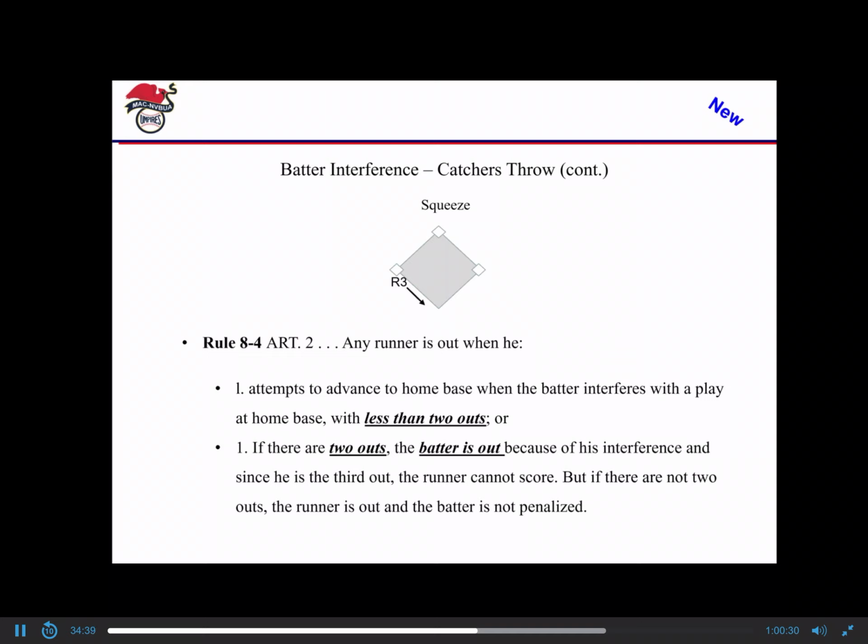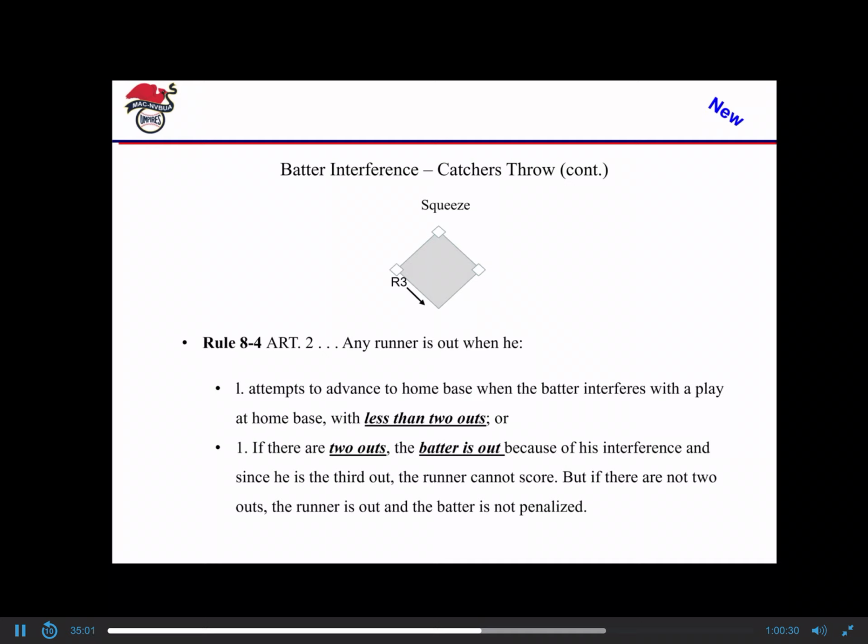On a squeeze play, this is another special case for interference. If a runner is out when he attempts to advance home base and batter interferes with a play at home base with less than 2 outs, we're going to declare the runner out. If there are 2 outs, we're going to